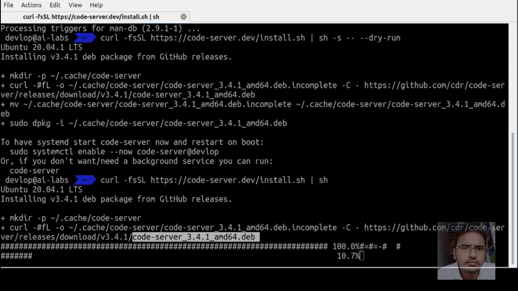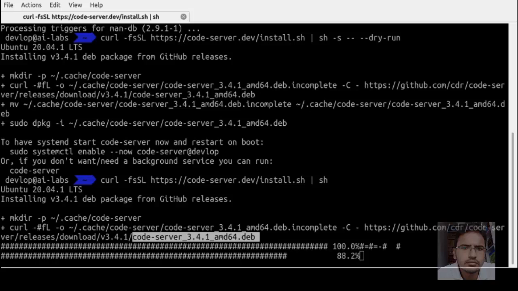Code server version is 3.4.1. Code server provides us Visual Studio Code to run in browser.